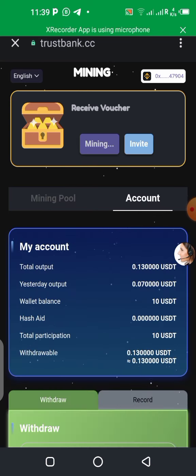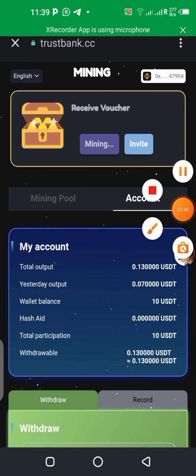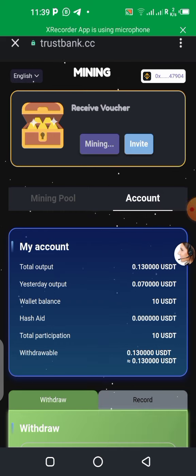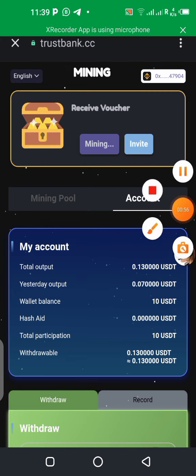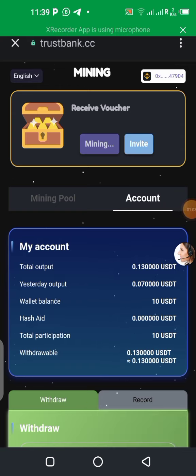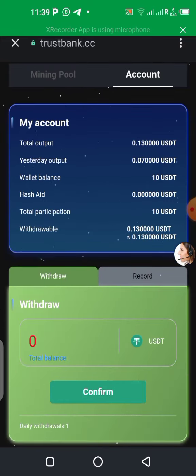So I've waited for a few hours and I was able to get 0.13 USDT. You can see it over here. That is what is available right now, and my 10 USDT is still there. It's still in my wallet. I told you guys the money won't leave your wallet. You can see it is still in my wallet. So I'm just going to, let's see if we can withdraw